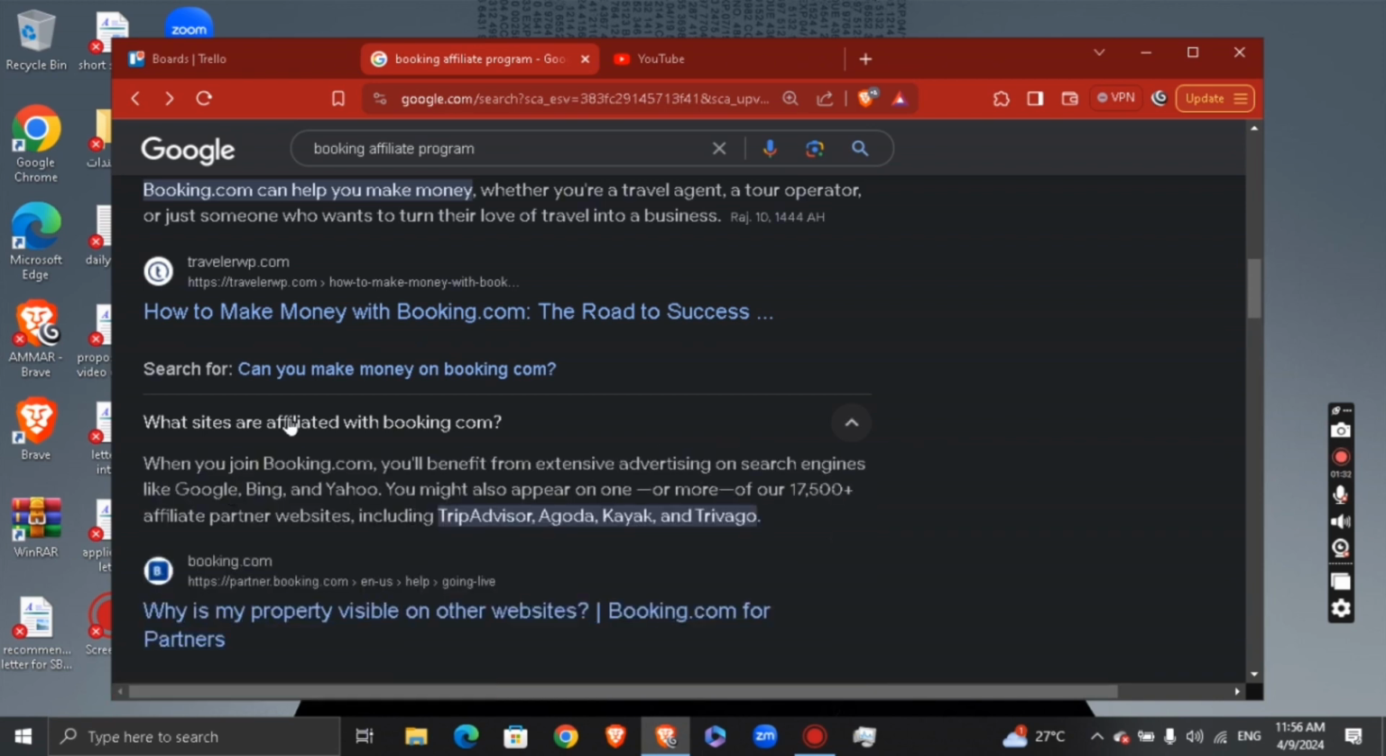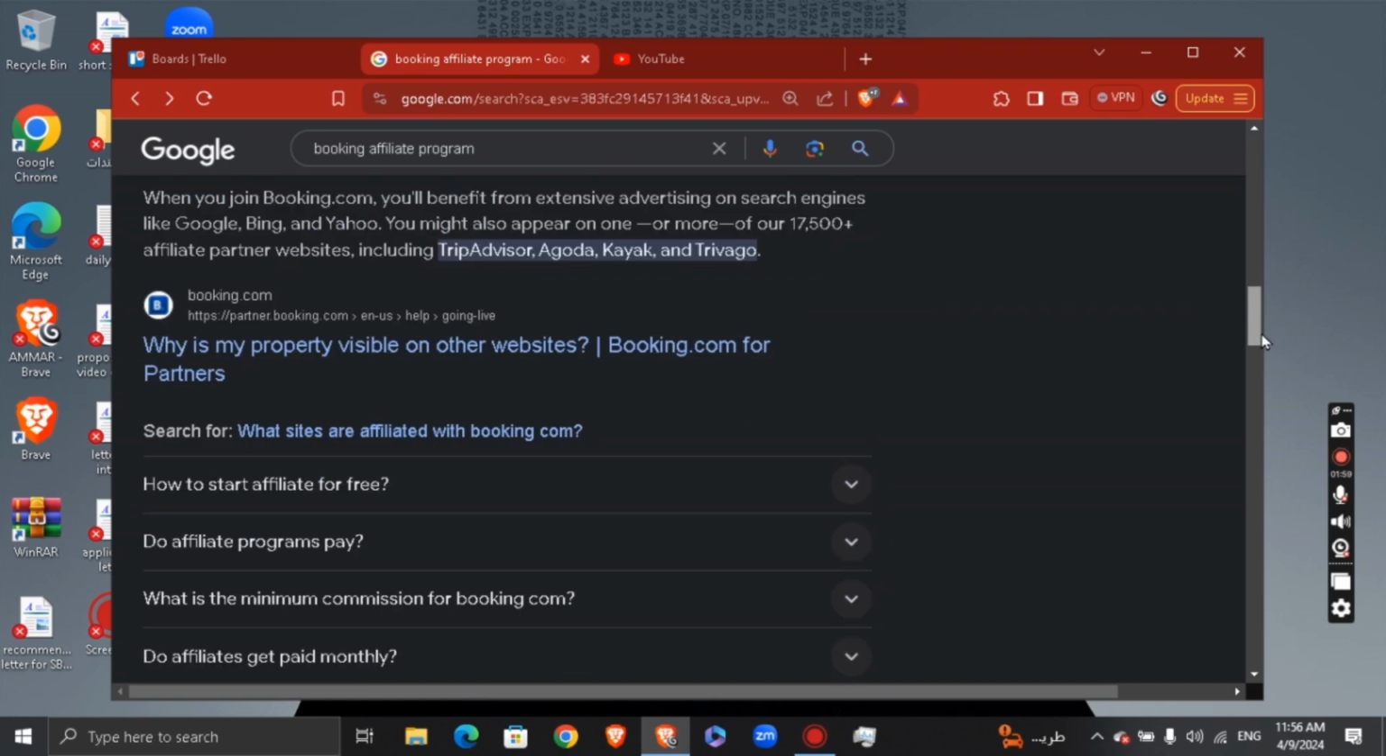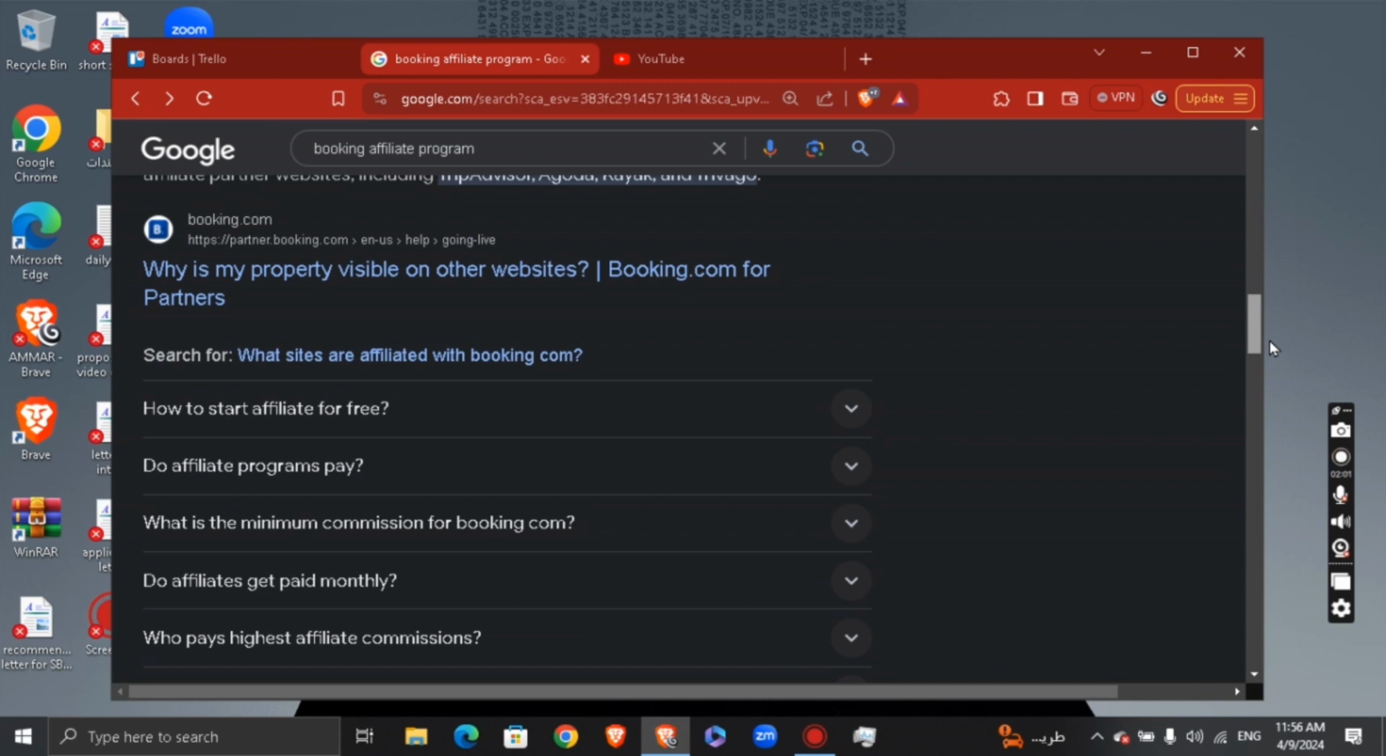what are the sites that are affiliated with Booking.com? When you join Booking.com, you will benefit from extensive advertising on search engines like Google, Bing, and Yahoo. You might also appear on one or more of their 7,500 affiliate partner websites, including TripAdvisor, Agoda, Kayak, and Trivago. So basically, you will have a lot of benefits from being an affiliate